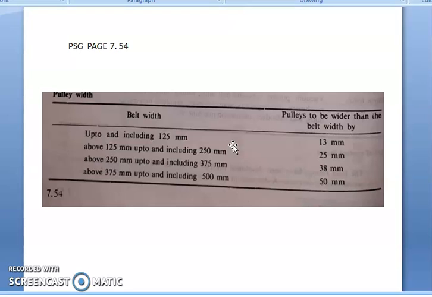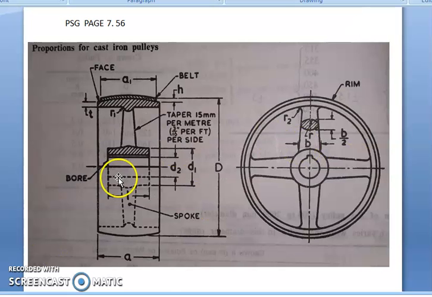Once we find the belt width, then we can find the width of the pulley. Suppose the belt width is up to 125 mm, we just add 13 mm to the belt width. Suppose it is more than 250 mm, we just add 25 mm to the width of the belt. Then in the pulleys, actually, it is having three